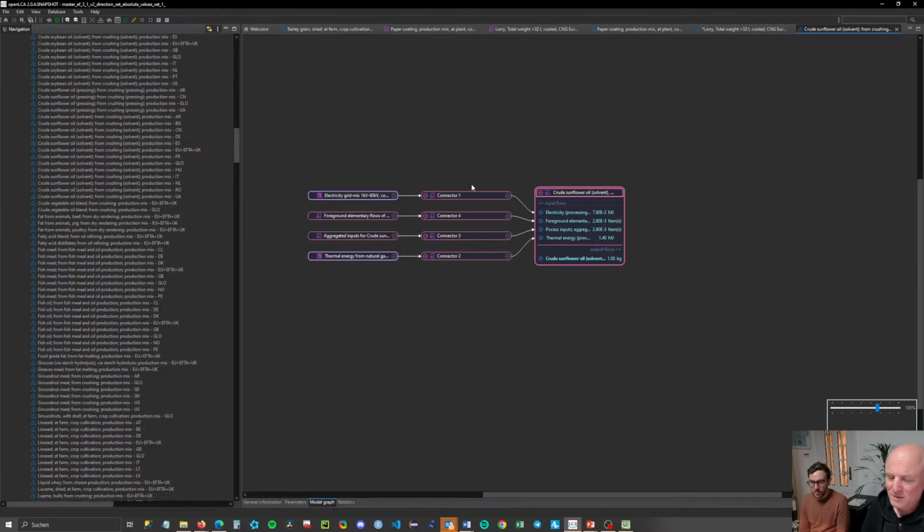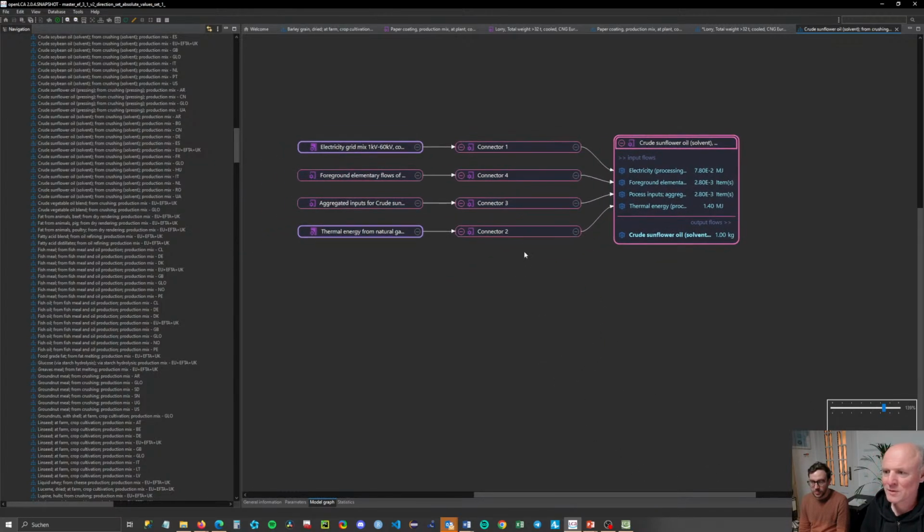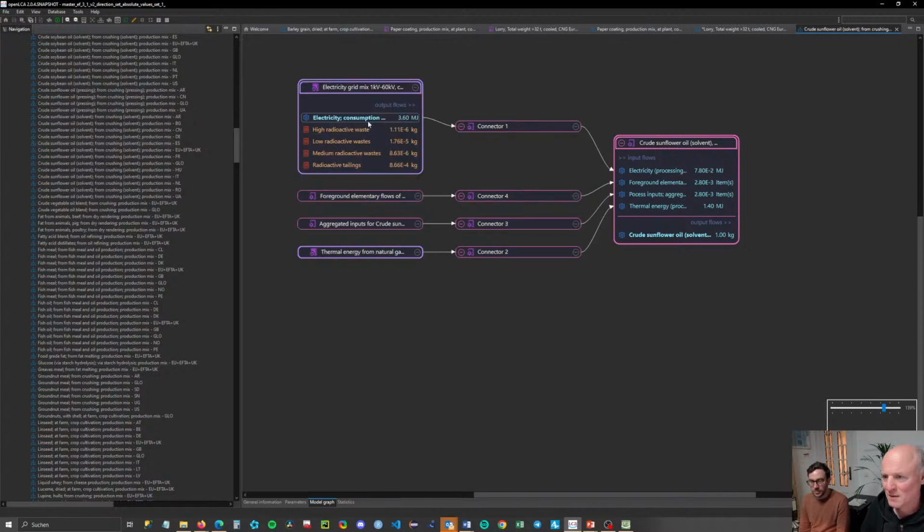You may wonder about these connectors. That happens because in the ICD database, the flows can be different in the connected systems. So you see here electricity consumption mix at consumer becomes electricity processing at plant, and that's okay,